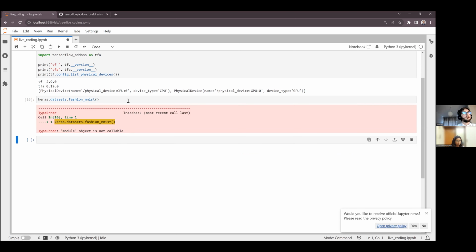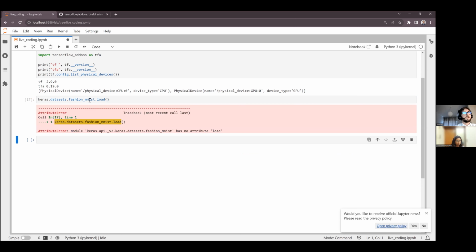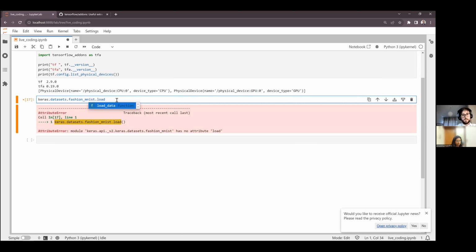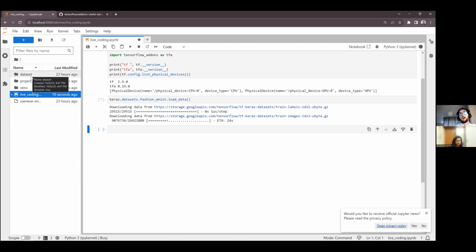Let's see. Model object is not okay. Load, something like that. No, load data. Okay, it's downloading the dataset. Maybe while this is downloading the dataset, we can simply see how I could have loaded the data from